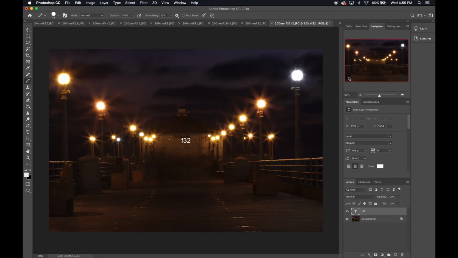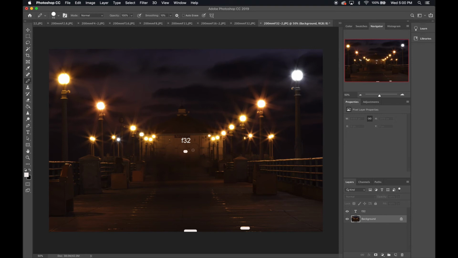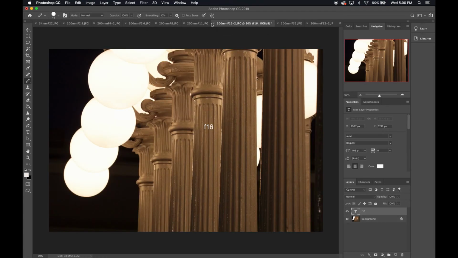There's another f32 I have of the pier. You guys are in focus. This guy is in focus. There's a pretty huge depth of field. f32 you can pretty much get everything in. f16 is also a very popular aperture for landscape photography. For landscape photography, you probably want to use something a little wider angle. A wider angle lens at f16 is going to give you a much larger depth of field than f16